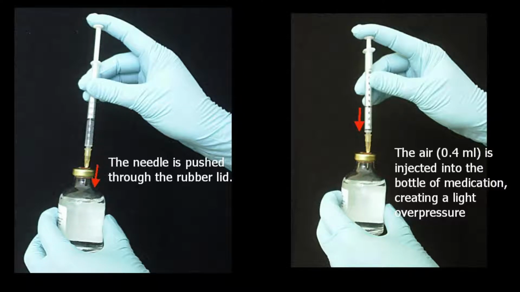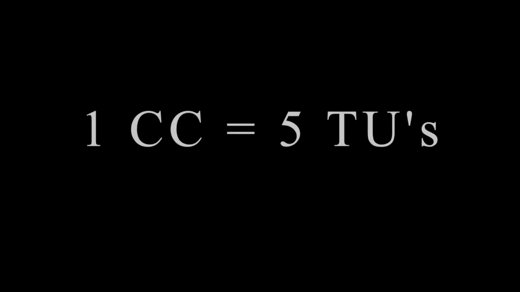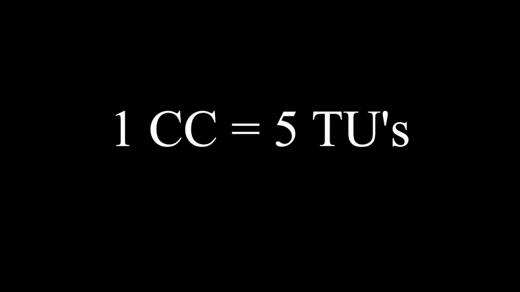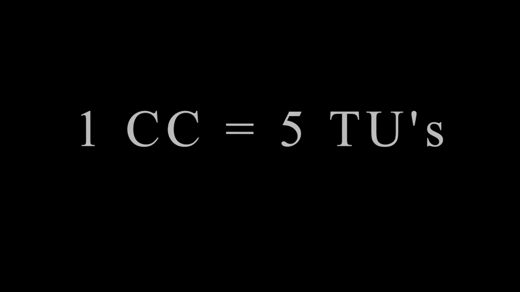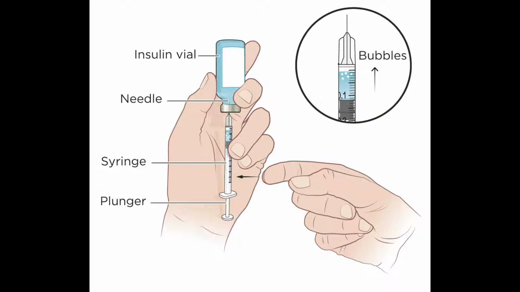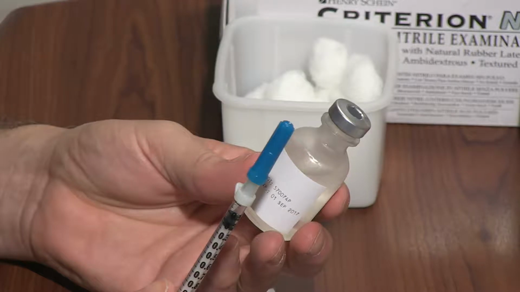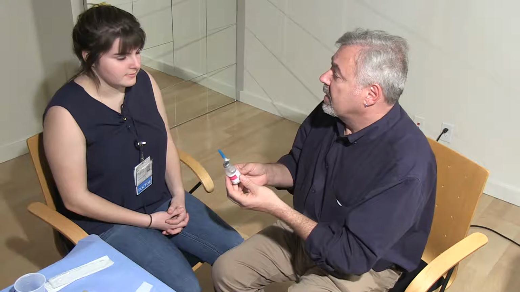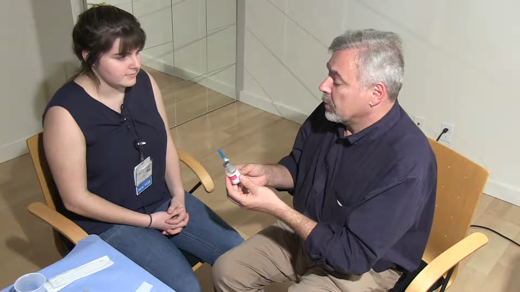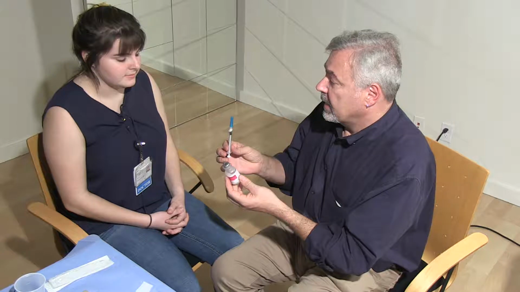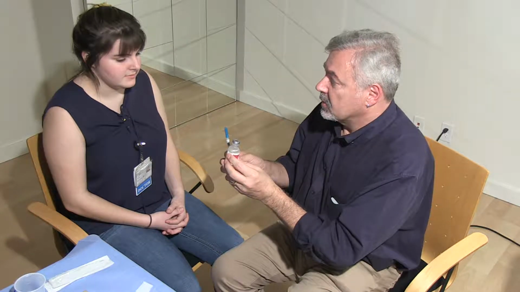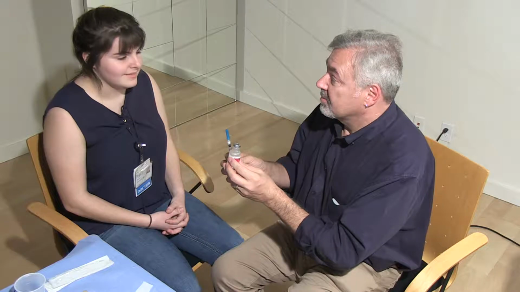After cleaning the med bottle stopper, I am withdrawing 0.1 cc of air into the needle to inject into the med bottle. I am now withdrawing 0.1 cc of Tubersol, which is equal to 5 TUs. After removing any air from the syringe, I will recap the needle and present to my provider for review. Dr. Smith, please confirm. I have an order for Tubersol 5 TU intradermal times 1. I've drawn up 0.1 ml of Tubersol 50 doses per 5 ml solution from the multi-dose vial for intradermal administration